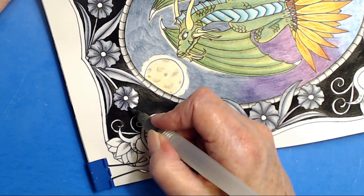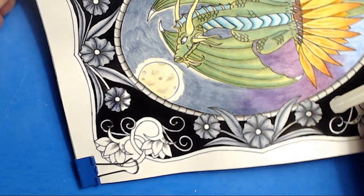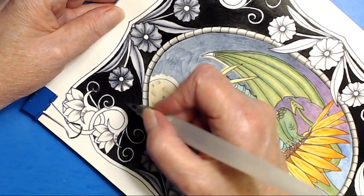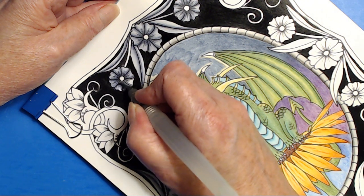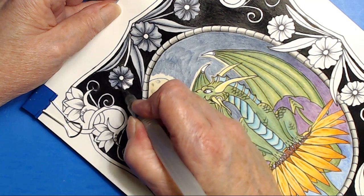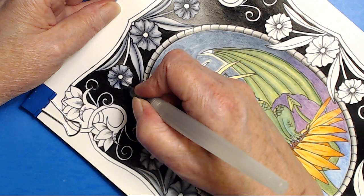They've got a valve inside. You're really only squeezing if you want to clean the brush, or if you are working on a palette and you're trying to thin something down. Then you want to squeeze the extra water. But otherwise you just let the brush do the work. Now, that said,